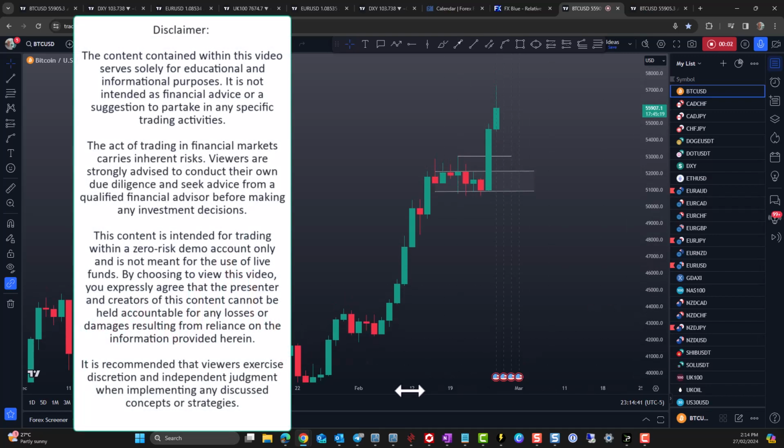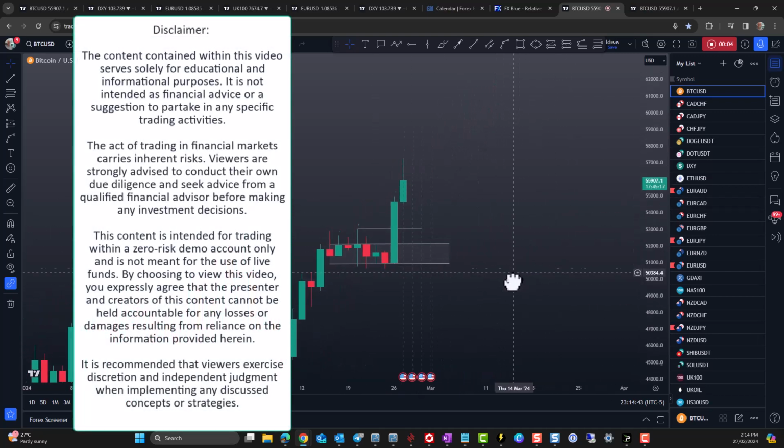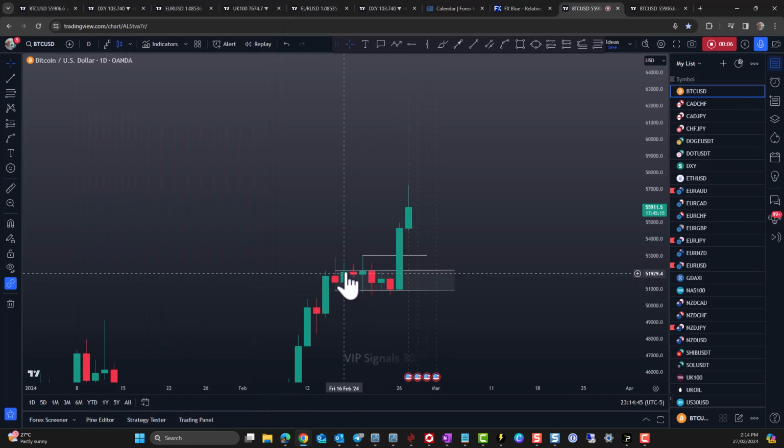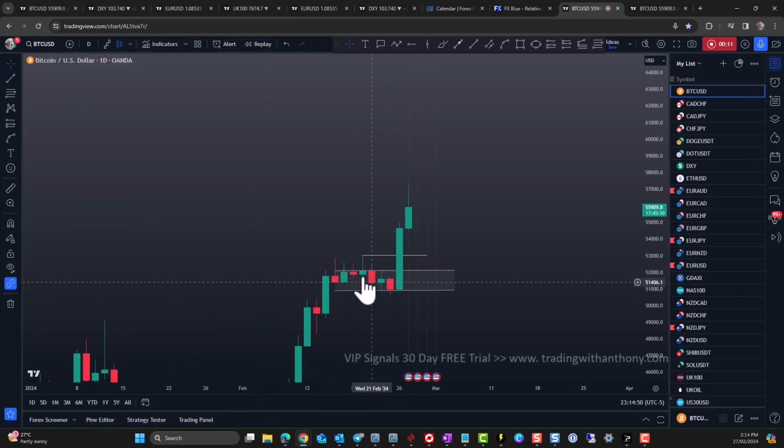Traders, Anthony here, looking at Bitcoin on the daily time frame. So what I've done is I've just marked up the high and low of this range, taking the candle bodies. So we've got this accumulation range down in here, and then I've just marked up this high, a couple of